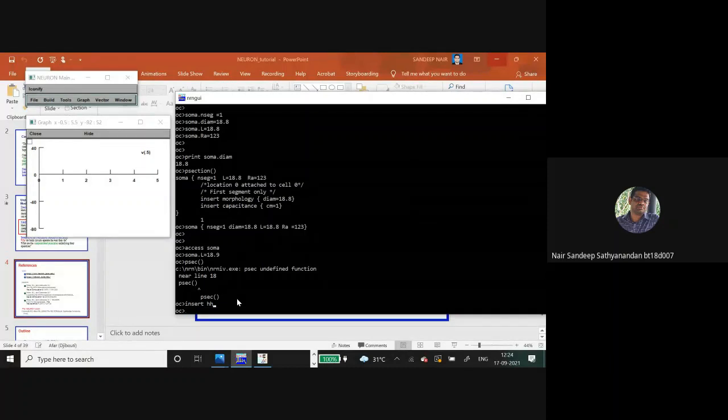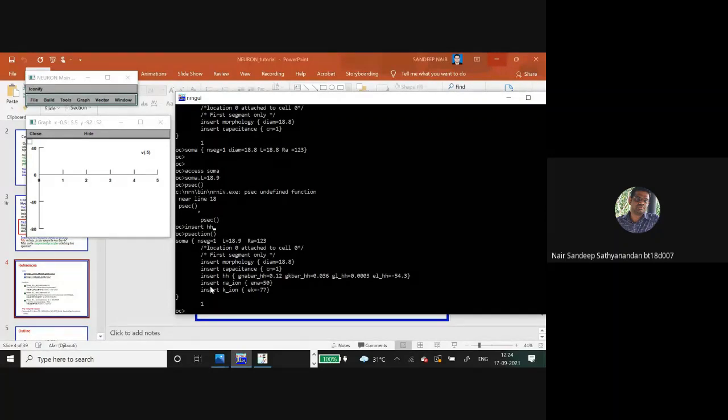So now you can see that, are all of you following? In case you have any doubts, please stop me. After I inserted this command HH, you can see the channel properties: the maximum sodium conductance is given here, the maximum potassium conductance is given here, the leakage conductance is given here, and the reverse potential is given here.